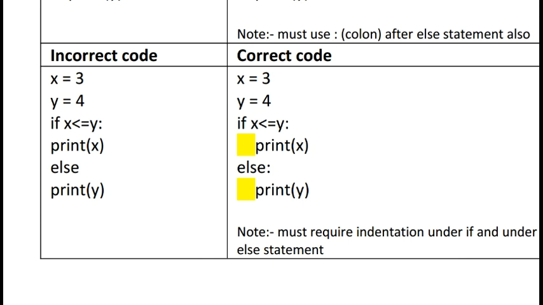We must use greater than equal, less than, then we can use the equal sign. This kind of thing we require when we check conditions, and according to this syntax we can write our Python statements. Okay students, thank you so much.